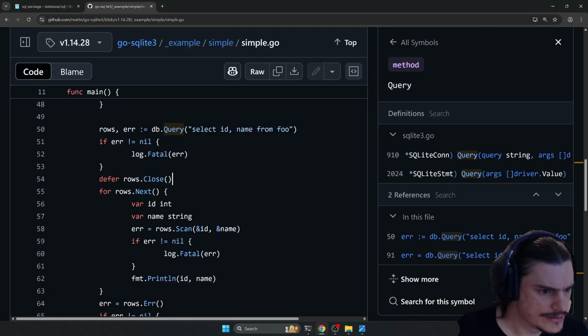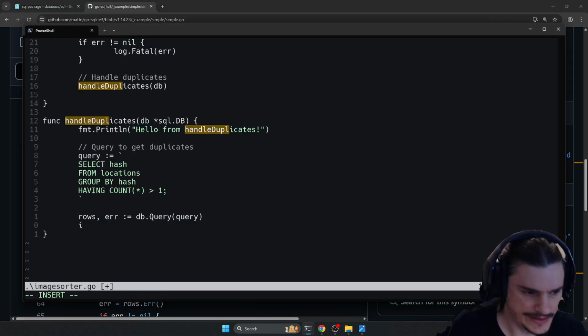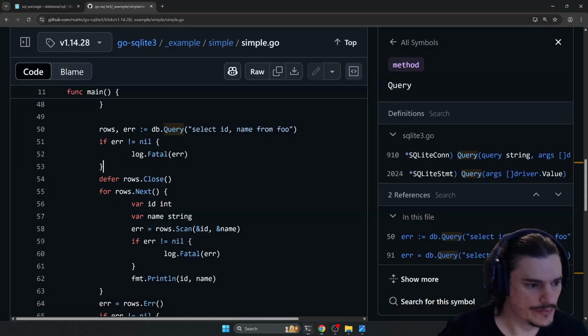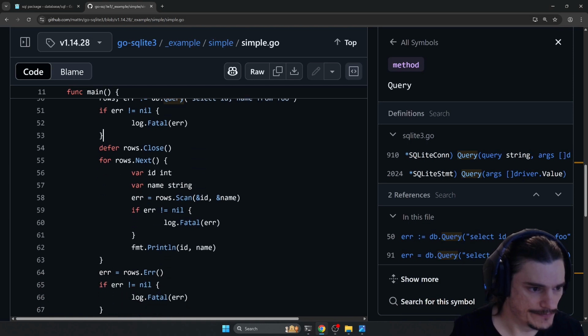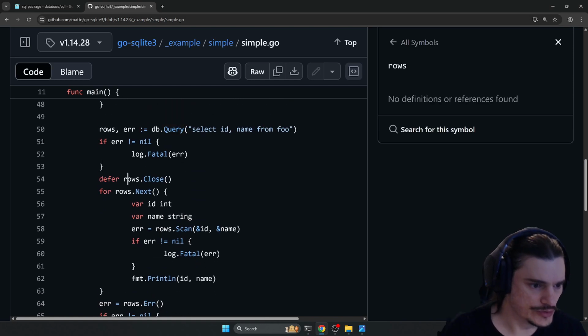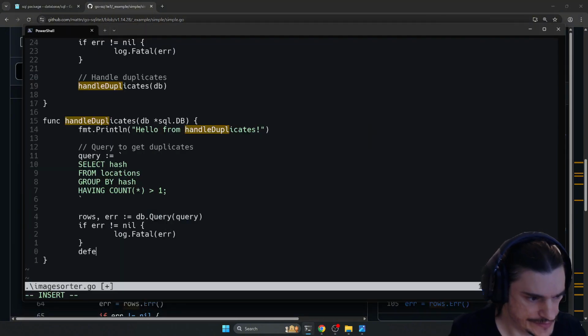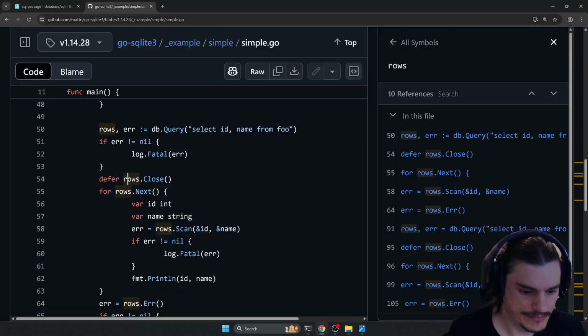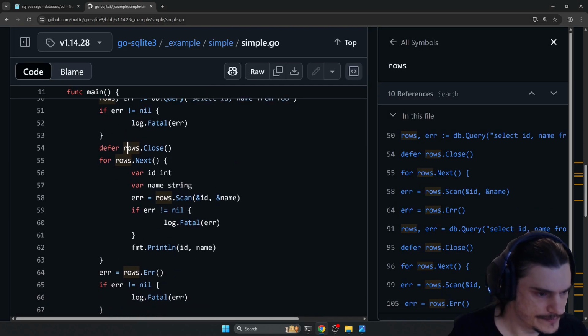Then we'll handle the error. So if error is not nil, fmt log fatal error. Okay, and then we need to actually iterate through the rows. So we'll defer closing the rows, and then we'll iterate through them. So for rows next,